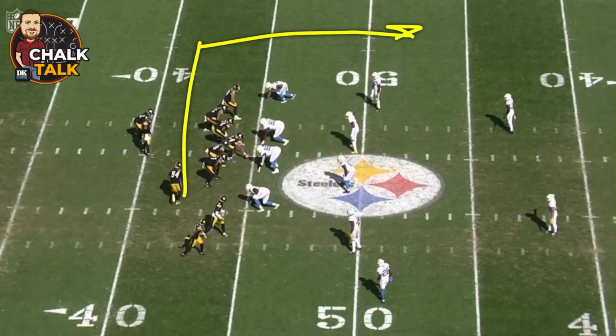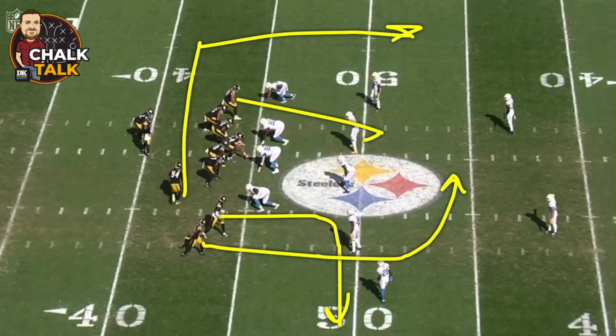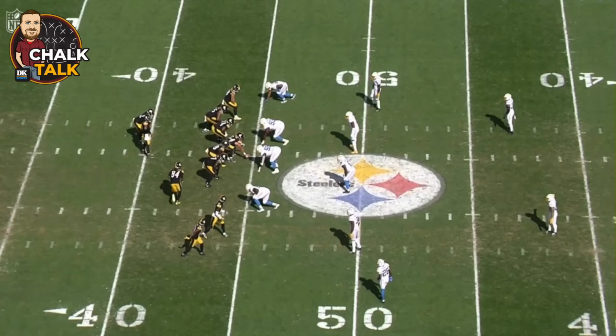Patterson was going to go in motion. He's going to go downfield. Freiermuth is going to run this little run to the middle of the field and stop. Pickens is running this little quick out, and then Austin's running this wrap, like right there. So that's the play that the Steelers are running. And why anticipation is so important here is because of what is going to be happening with this defender and